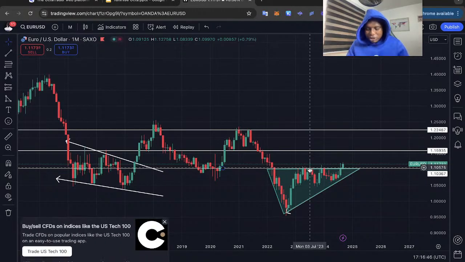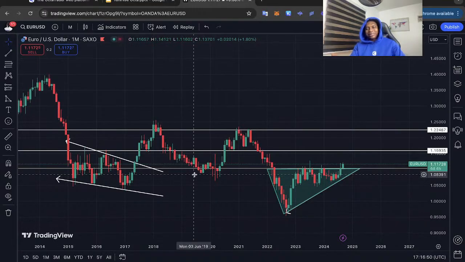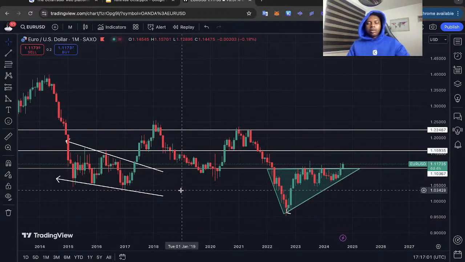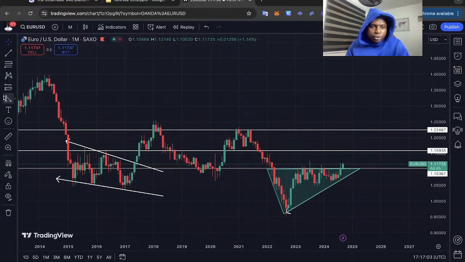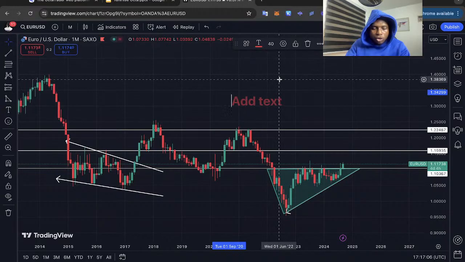Yes, I know it is a triangle. What type of chart pattern is this triangle? Emmanuel Israel said bullish triangle. Alani said flag. Okay, so this triangle chart pattern is called